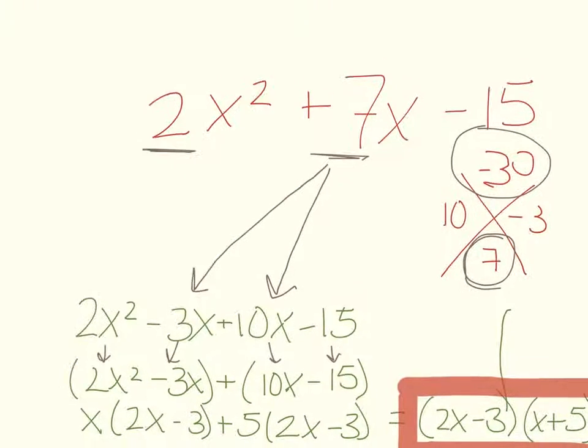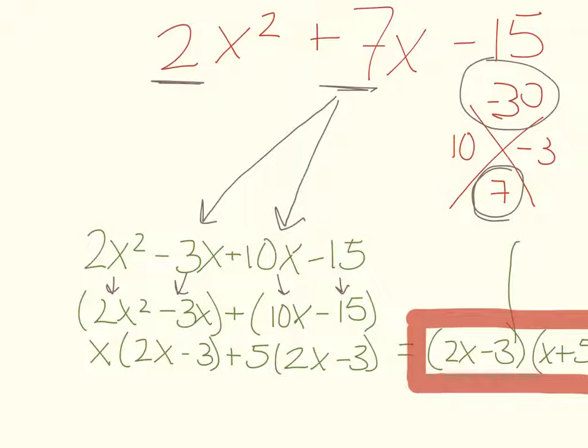Then, after that, what you want to do is look for the GCF in each of those groups. Well, in the first group of 2x squared minus 3x, the GCF is x. And so when I factor that out, I'm left with x times the quantity of 2x minus 3. The GCF in my second group of 10x minus 15 is 5. And so when I factor that one out, I'm left with 5 times the quantity of 2x minus